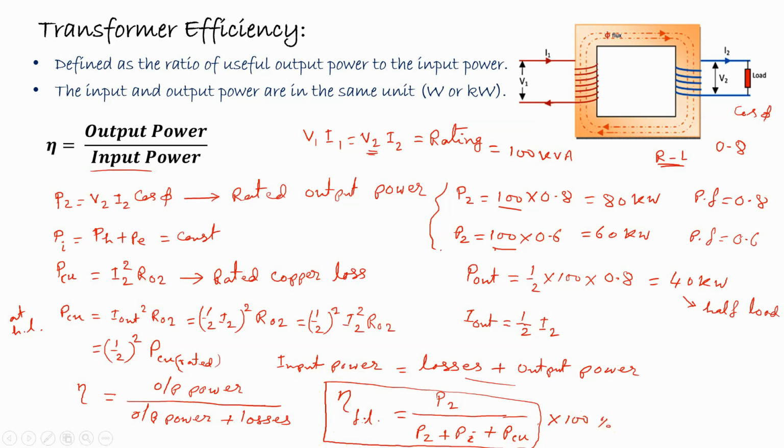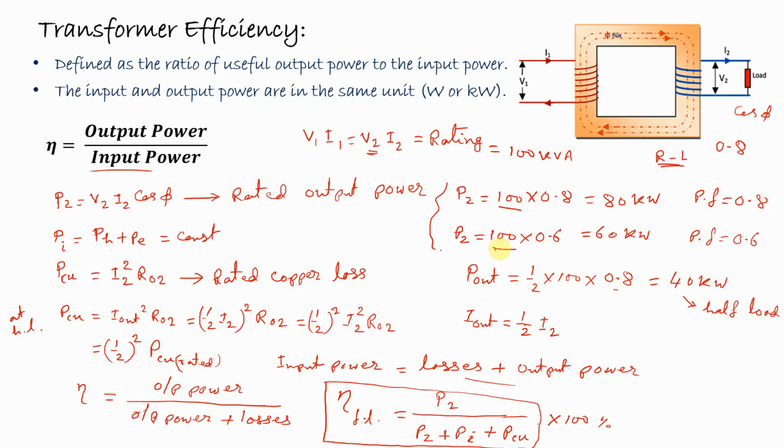So in this way, we can find the efficiency. Now the question is, if the load is not the full load, then what happens? As we have already seen, we can change the load without changing the nature of the load, because if we change the nature, then the power factor will change. But without changing the nature of the load, if we change the total amount of the load, then the output power will also change.